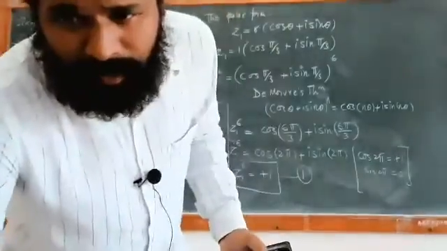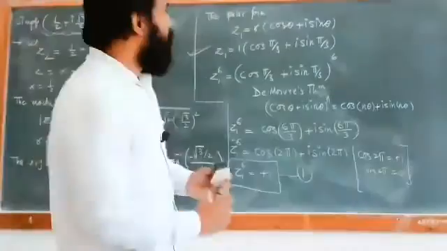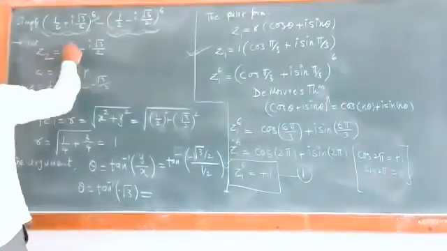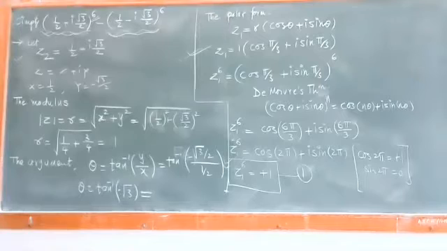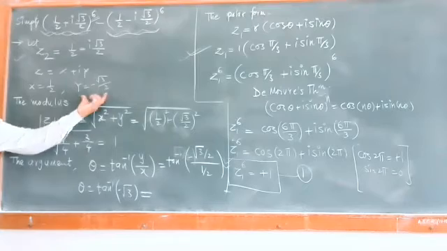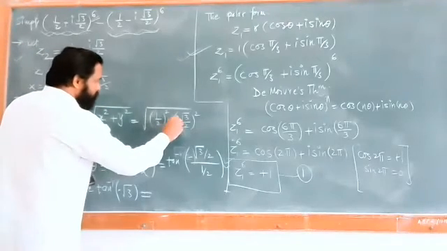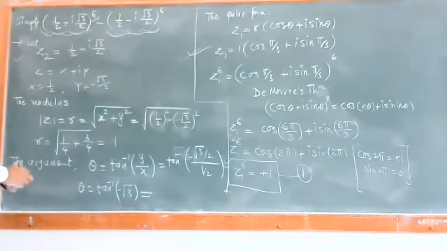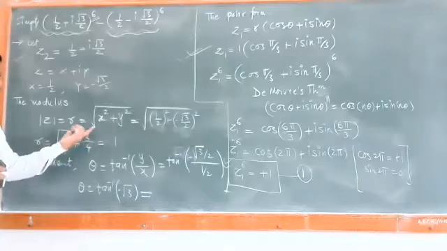आता तुम्ही काय करा, तुमच्या नोटबुक मध्ये have the conditions z2 is equal to 1 half minus i root 3 by 2. So z is equal to x plus iy is a rectangular form. You can compare x is equal to 1 half, y is equal to minus root 3 by 2. So you can have this is the square of it. ठीक आहे. आणि त्यानंतर ही जी काही व्हॅल्यू आहे ती आहे तशीच.